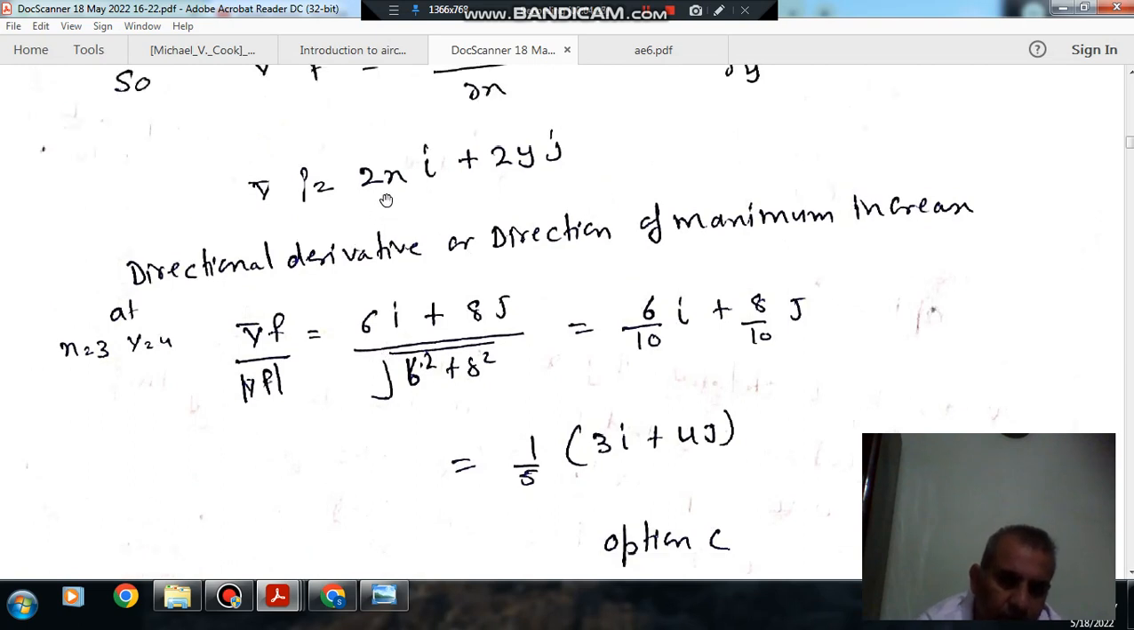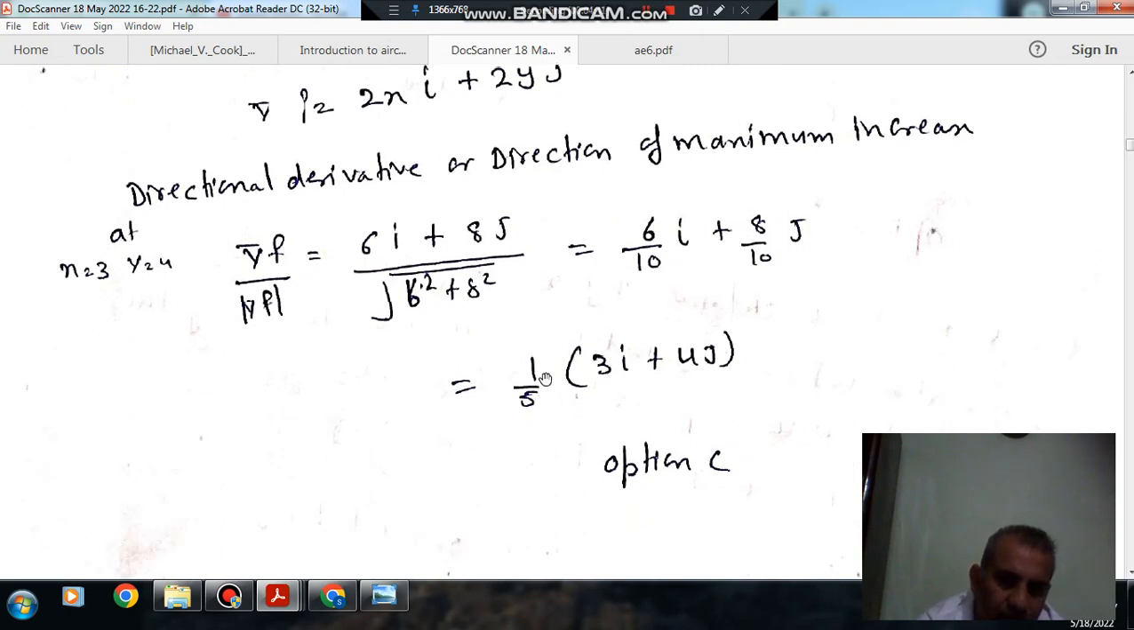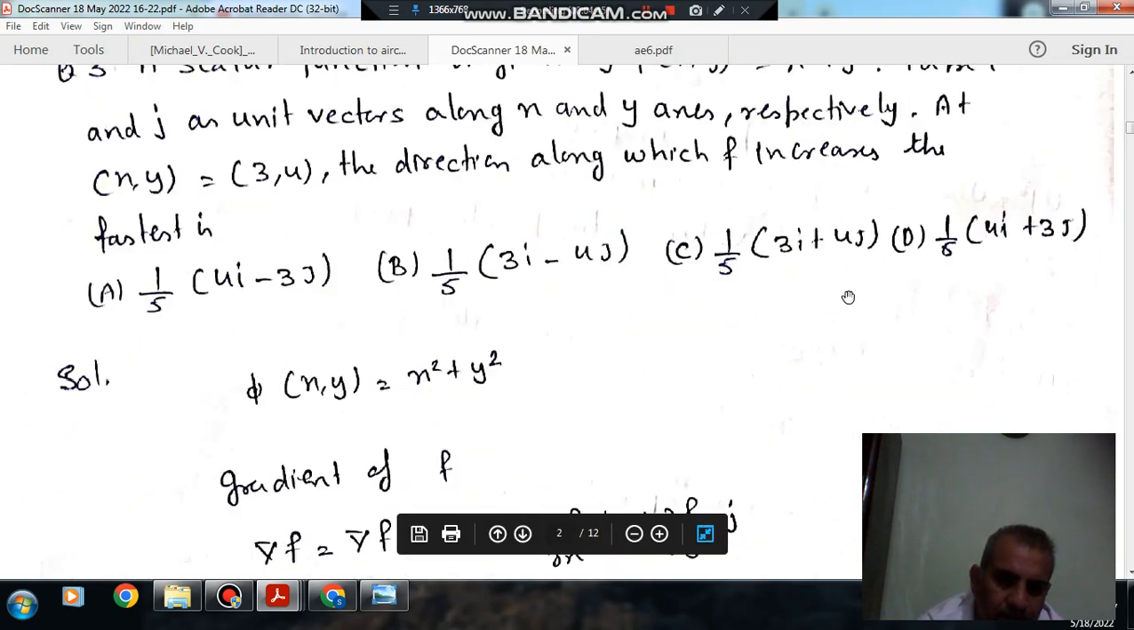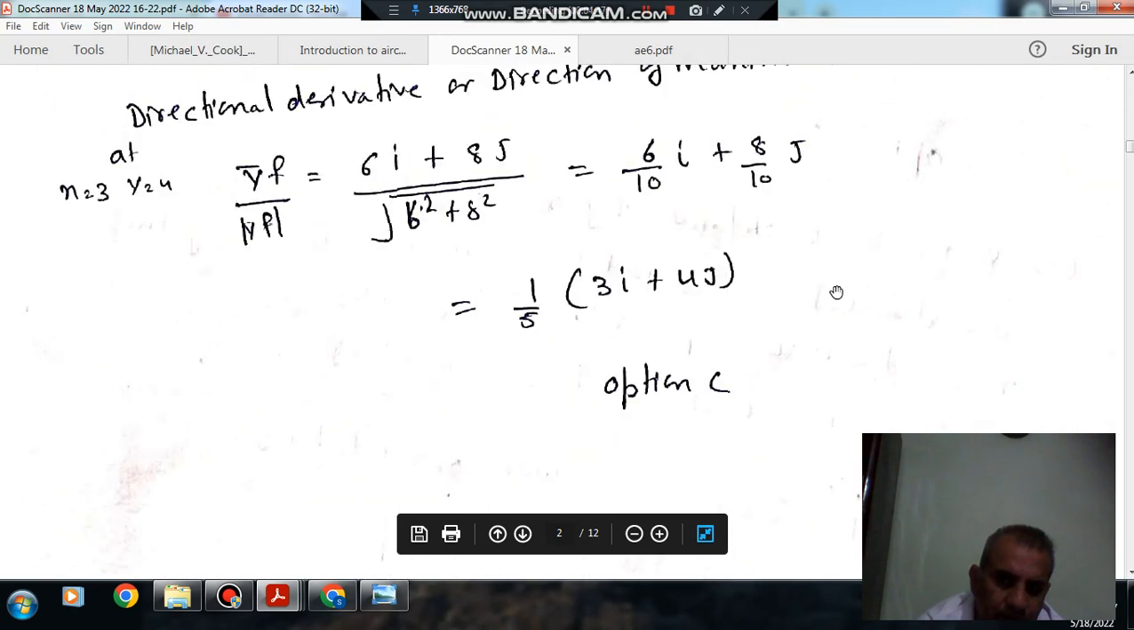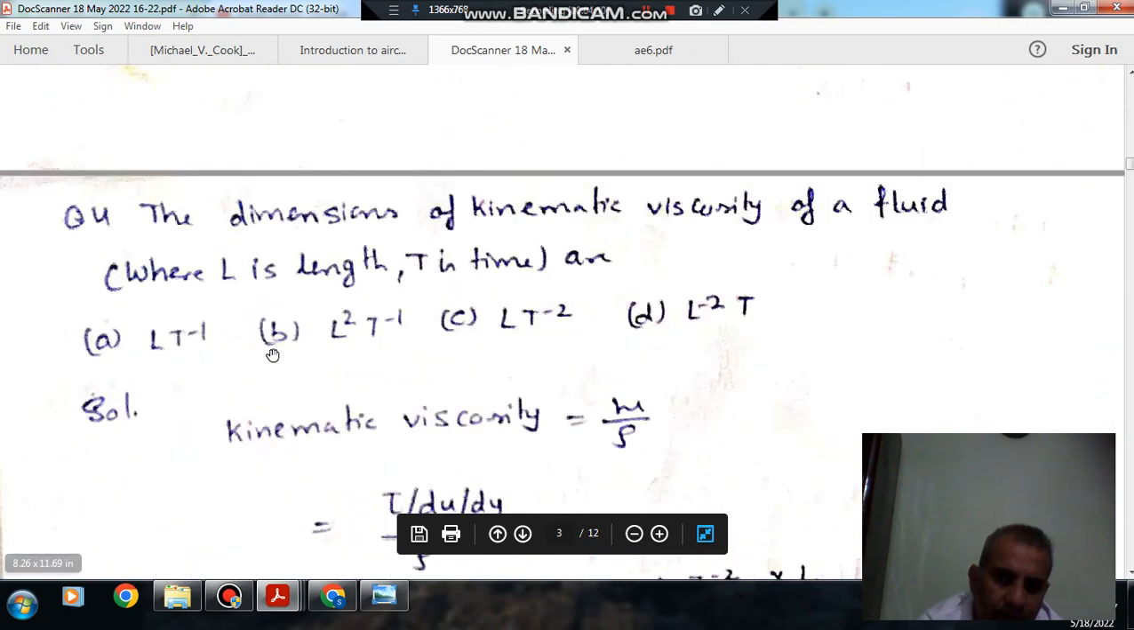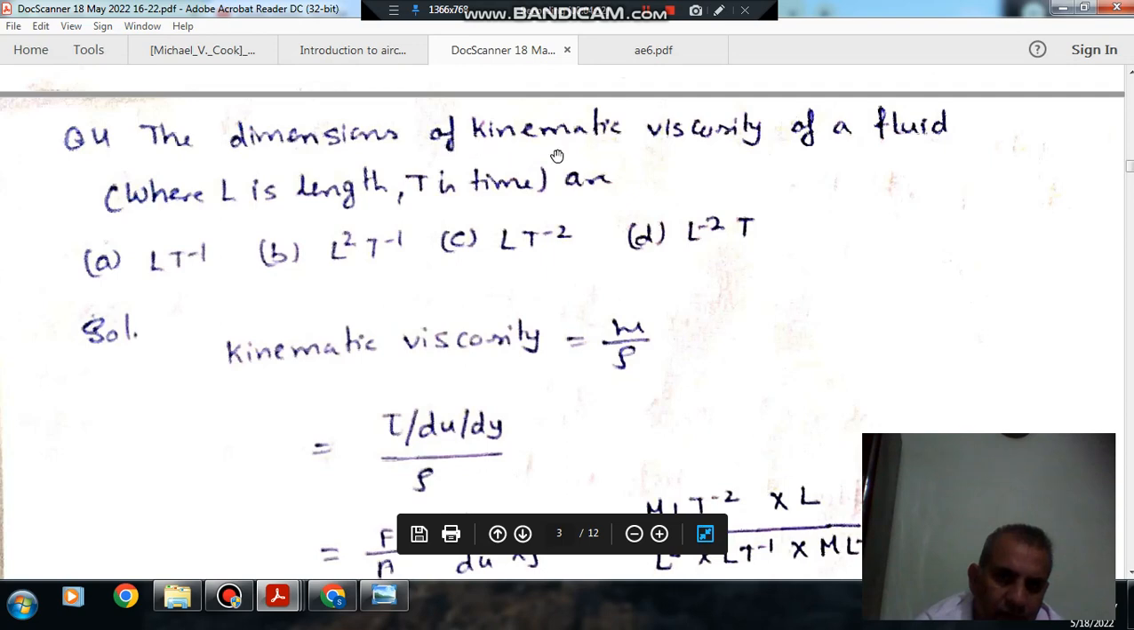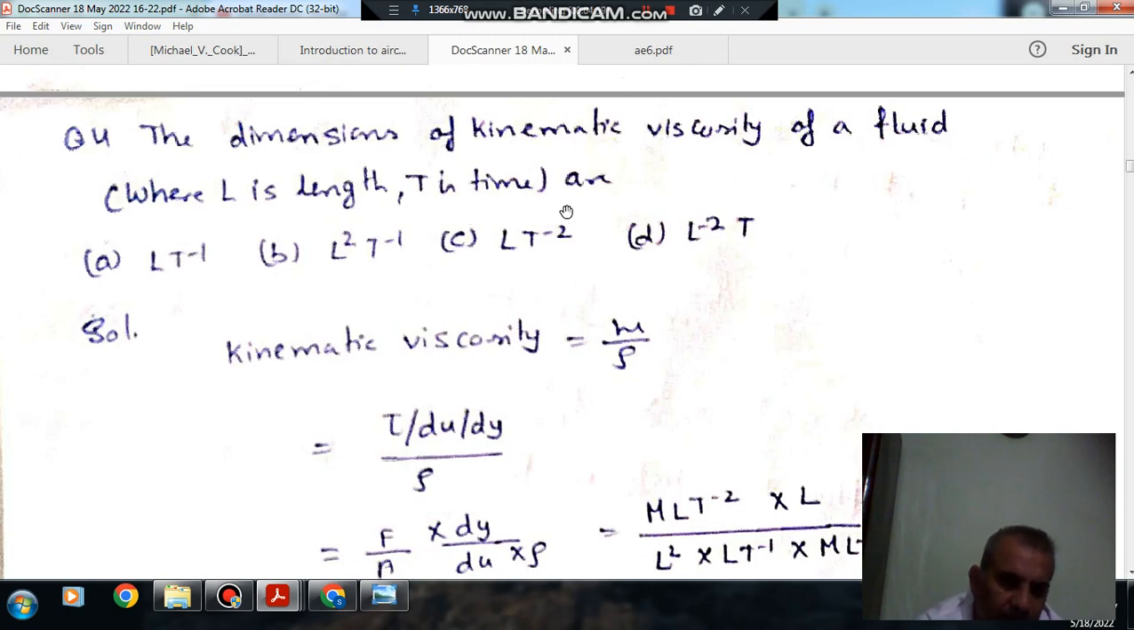Okay, if we put here 3 and 4, that means (6i + 8j) divided by root of 6 squared plus 8 squared, so 6/10 i plus 8/10 j, so that will be 1/5 (3i + 4j). So option C is the right answer. Next, the dimensions of kinematic viscosity of fluid, where L is length and T is time, are